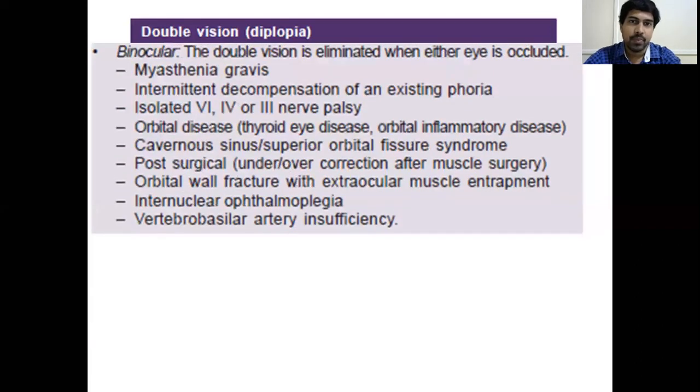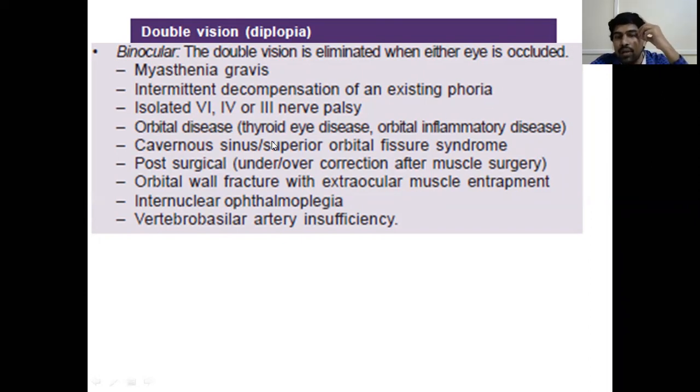Similarly, binocular diplopia. You see double vision only when you see with both eyes. Suppose you close one eye, you will be seeing only one object. Only when you open both eyes will you see two images. It is seen in myasthenia gravis. It is usually seen in paralytic conditions, that is, extraocular muscle palsy or nerve palsy, like in third nerve and sixth nerve paralysis, and phorias. Myasthenia gravis also causes muscle weakness, or some tumors in the orbit which are pushing the eyeball.